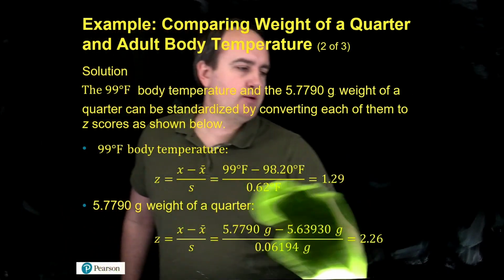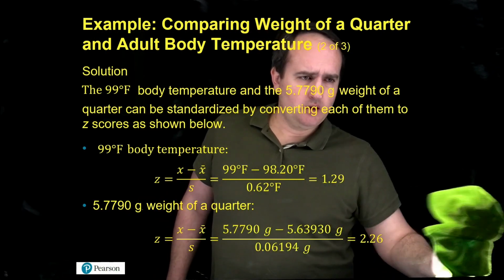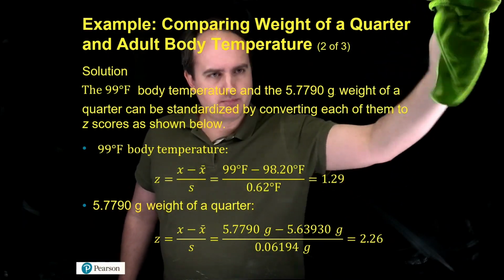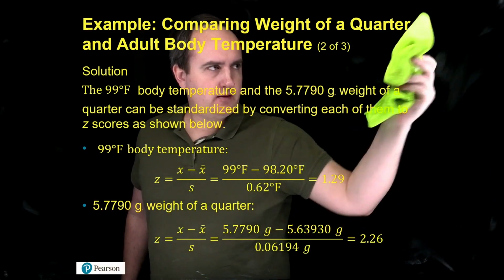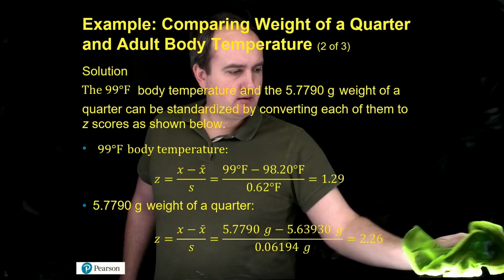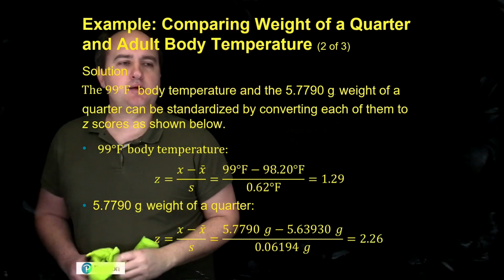So anyway, we can see that we have these 2 z-scores. I don't know why this board is being so difficult to erase. Maybe it's because I wrote too much. But anyway,